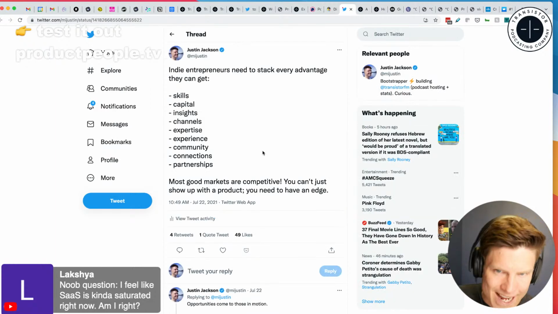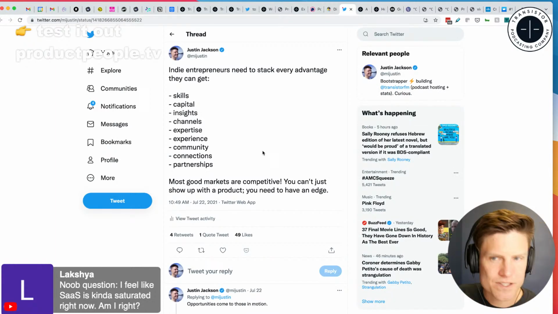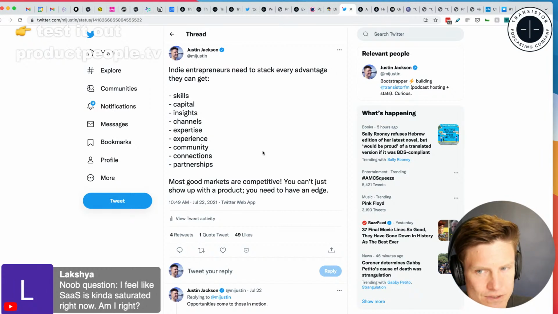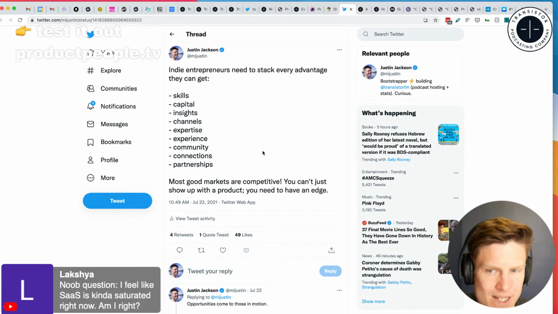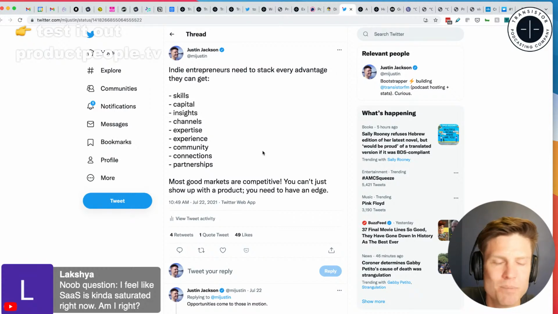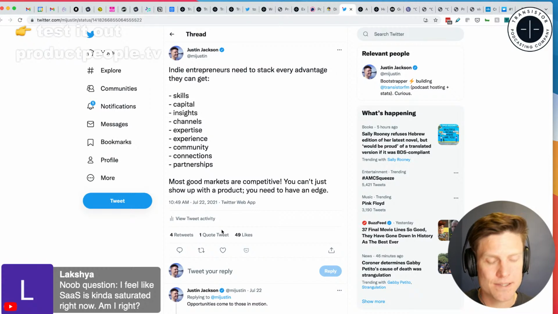Indie entrepreneurs need to stack every advantage they can get. So whatever skills, capital, insights, channels, expertise, experience, community, connections, and partnerships you can build along the way, that's what you should be doing. As a founder and an indie founder, the more of these you have in your pocket, the more you'll be able to compete against bigger